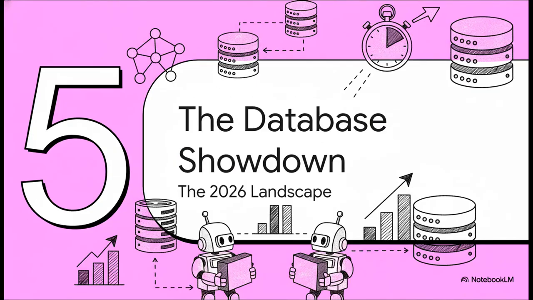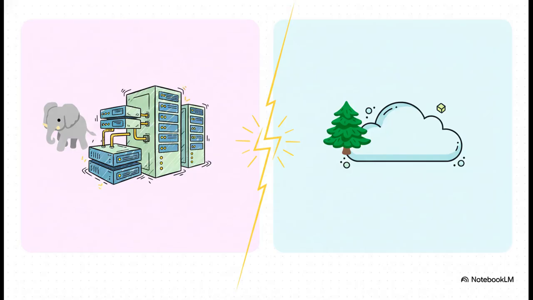So, knowing that, how has the industry decided to actually implement this super powerful but kind of pricey algorithm? Well, that brings us to the real-world database showdown, looking at how the landscape is shaping up for 2026. The main event, really, is a battle between two different philosophies. On one side, you've got solutions like pgvector, which integrate HNSW right into a database people already use, like Postgres. On the other side, you have these specialized cloud-native services like Pinecone, which were built from the ground up to do